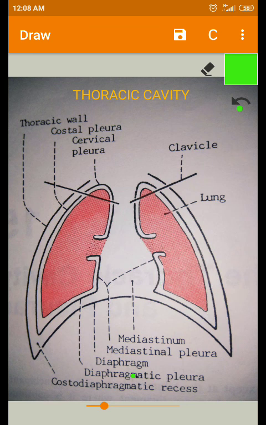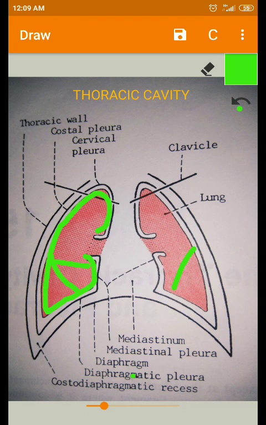The first one is the pulmonary pleura. This pulmonary pleura, or visceral layer, is the innermost layer which is closely attached to the organ, covering the organ, and it also covers the fissures. Fissures are openings which divide the lung into parts. It has one oblique fissure and a horizontal fissure on the right side. On the left side it has only an oblique fissure. So with these fissures, it divides the lung into three lobes on the right side, two lobes on the left side.